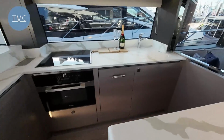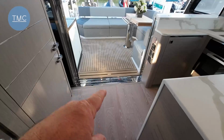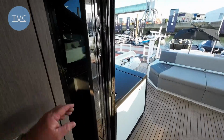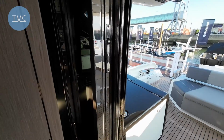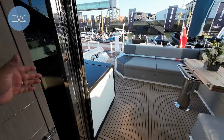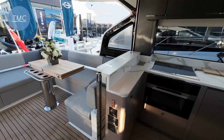So step inside the saloon area now. You can see completely flat, right the way through, no step up, no step down. You've got these enormous, beautiful triple doors that slide back out the way and obviously give you masses and masses of good access. So into the galley area,